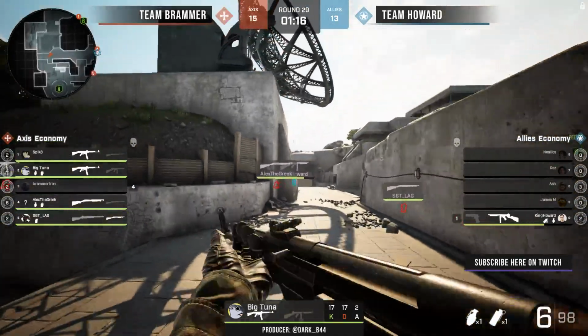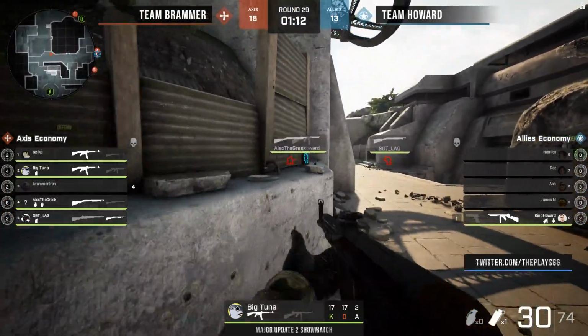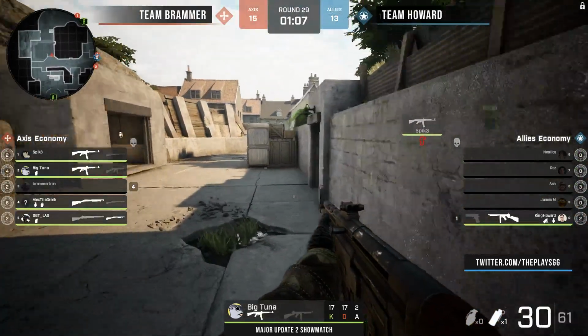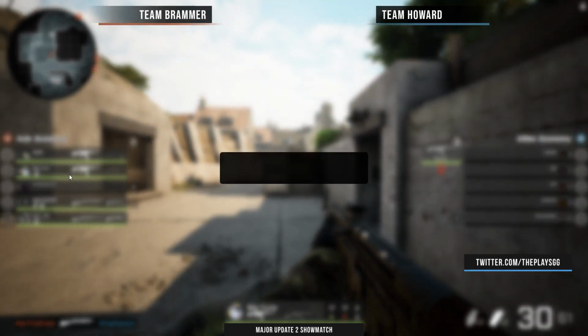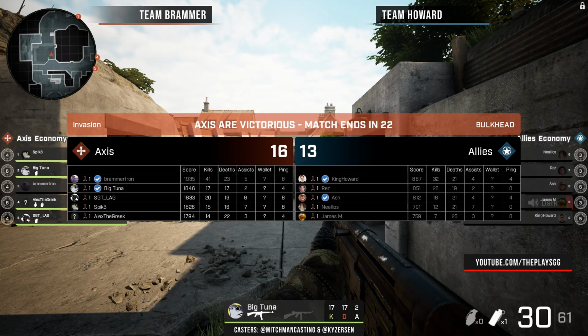Unfortunate, but it is probably going to be Alex to find this. He's got a shotgun. Nice and close. And an easy kill. Easy kill. Easy game for Team Brammer at the end. After being such a huge deficit, they were able to